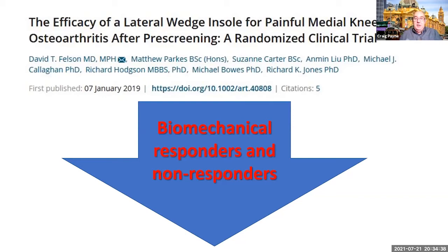So this is a perfect example of exactly what I'm talking about. It's about getting the dose right. So it's about